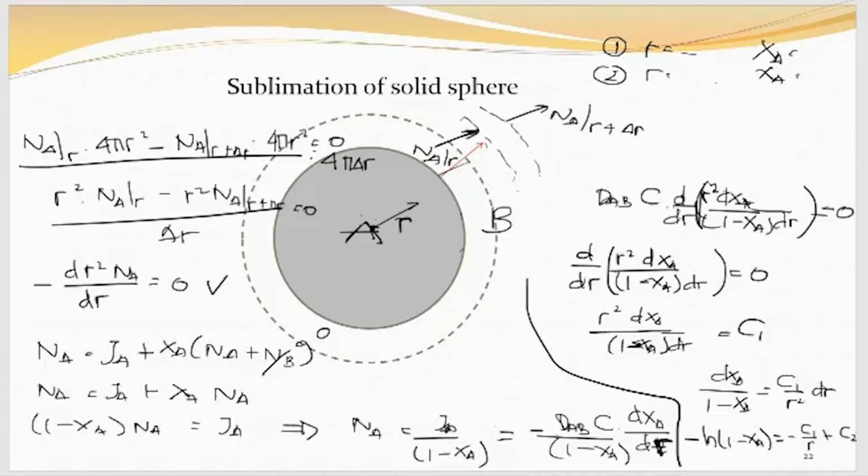Our interest is to look at the A profile in the air over here, so we will not choose r equal to 0, because 0 is in the middle. So first boundary condition, another try: r equals capital R. What is the xa? xa1. Yeah, you can write this one as xa1. Actually this question is open-ended. So our second boundary condition,